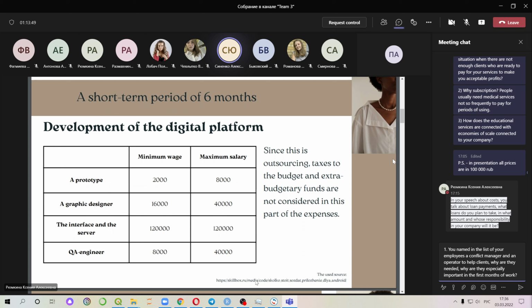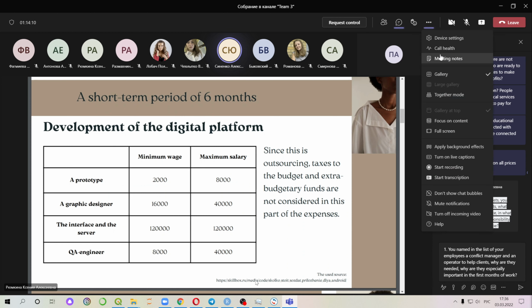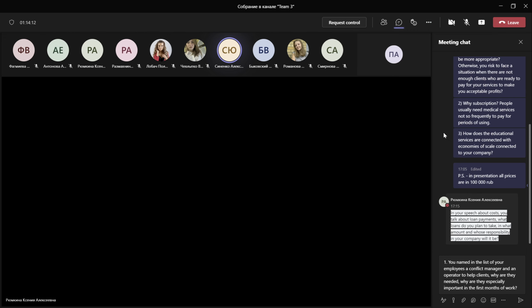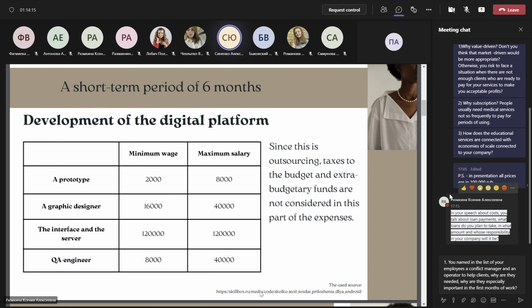Now let's draw attention to each stage and its possible costs. Referring to an internet resource, we indicated the minimum and maximum cost of performing each stage, on the basis of which we determined the minimum and maximum personal income tax and insurance premiums. The first stage of development is the creation of a prototype. At this stage, the main functions, implementation, technologies used, and so on are determined. A good prototype allows you to release a successful application and reduce development time.